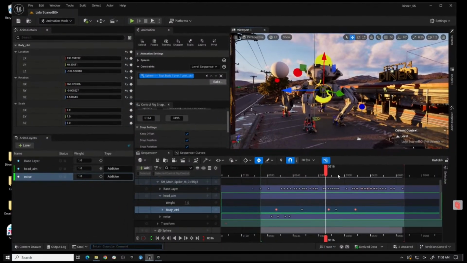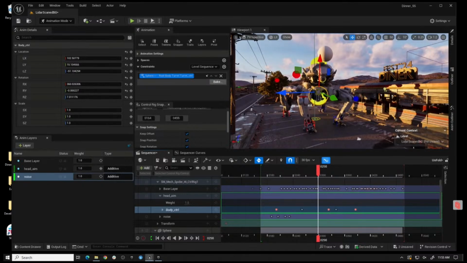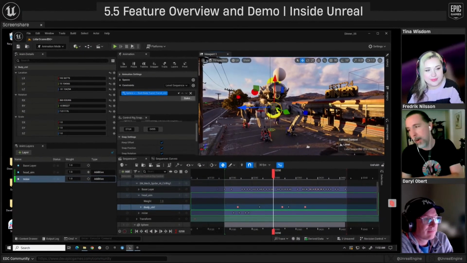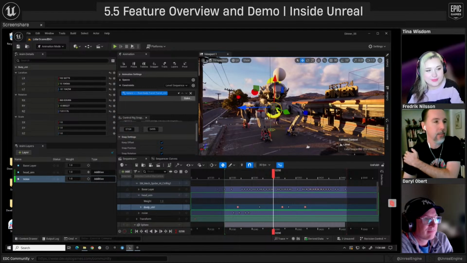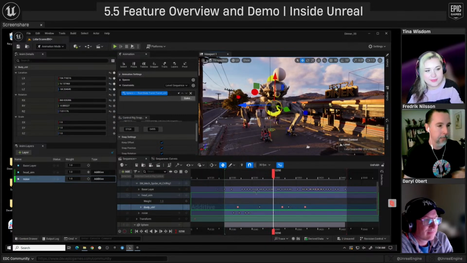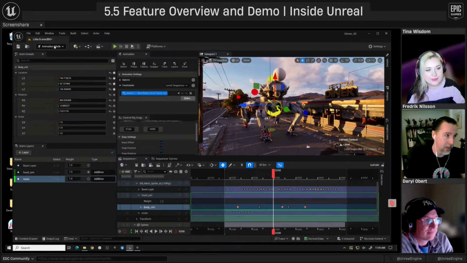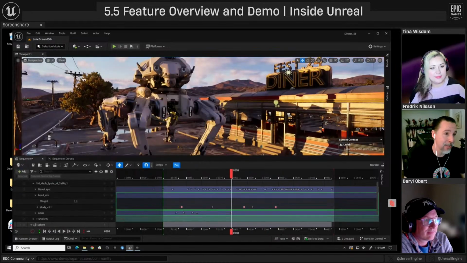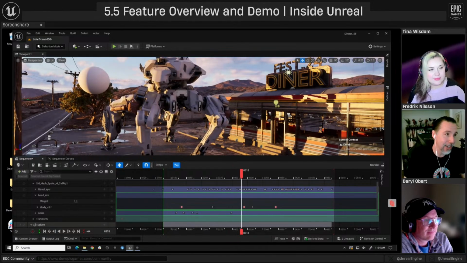So if I do that, now I'm working in sequencer, I just move my mouse up here and I hit G. Now it's actually pushing focus into the viewport, because I hit a hotkey while my mouse was hovering over that viewport. This one was really popular when I showed it at Unreal Fest, so I just wanted to call it out again. Benoit, one of our developers who also did the new gizmos and manipulators, was able to get this up and running pretty quickly in animation mode. So keep that in mind. If you're in any other mode, it's not going to do it. So right now it lives in animation mode.